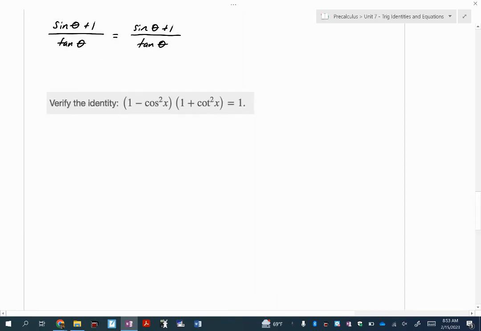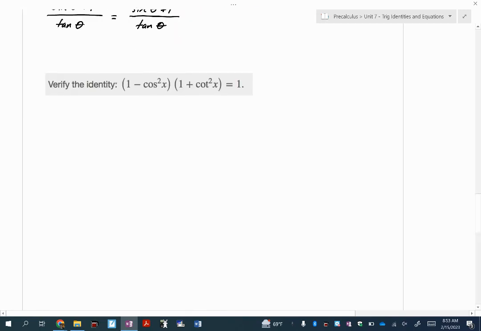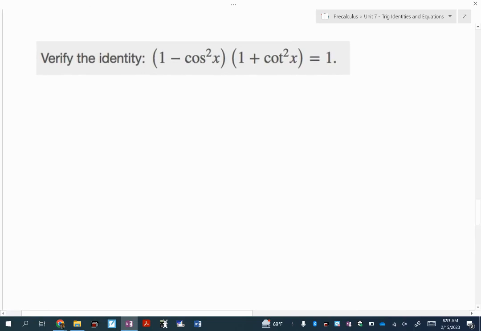Let's try another one. Okay, so this one is saying to verify that 1 minus cosine squared x times 1 plus cotangent squared x equals 1. Now, if you wanted to, you could distribute these, but the moment I see the number 1 with